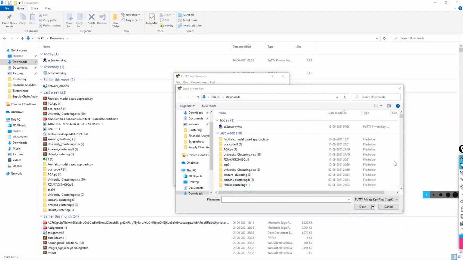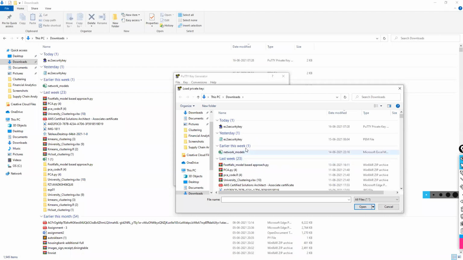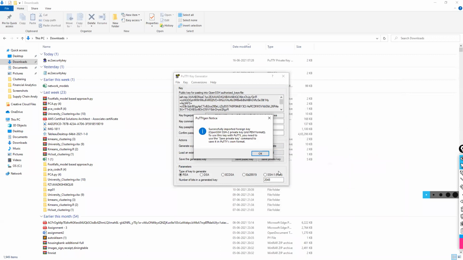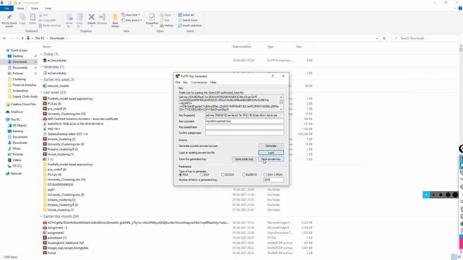Load the .pem file. All files. Load your .pem file. Save private key. And here you have to click on yes. And give a name to your private key.